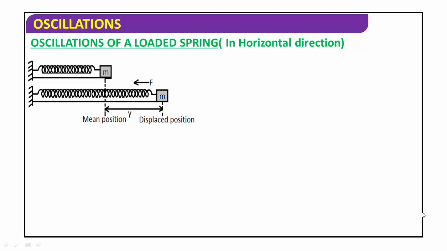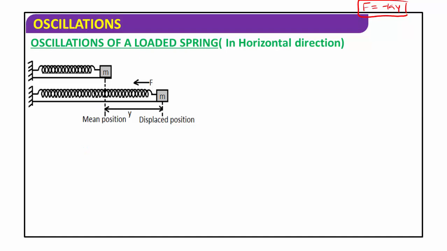According to the definition of simple harmonic motion, when any object performs simple harmonic motion, the force is directly proportional to the displacement of the particle and it is always directed towards its mean position, or the acceleration of the particle is directed towards its mean position. You get the equation according to the force law in simple harmonic motion: F is equal to minus k into y.